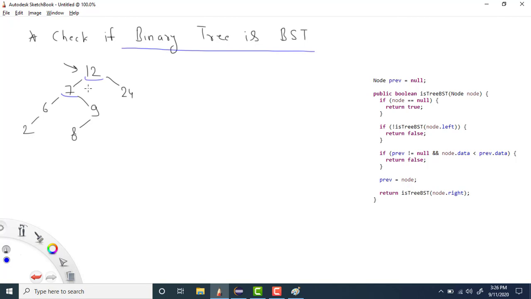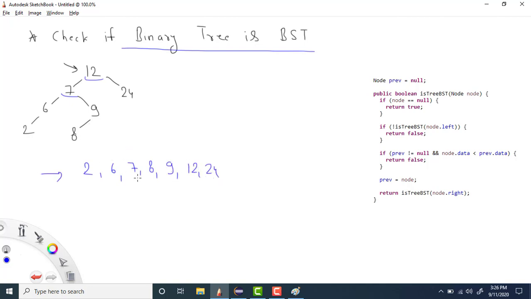So how can we check whether this binary tree is a BST or not? If it is following the property of BST, then it is a BST, right? If I do an in-order traversal of a BST, then it always gives the values in a sorted manner, right? So that's what we can do first: whenever we are doing in-order, just put the values in a list or a particular array. So after putting the values in a list, it will give me something like this. It will store 2, 6, 7, then we have 8, 9, 12, 24, right?